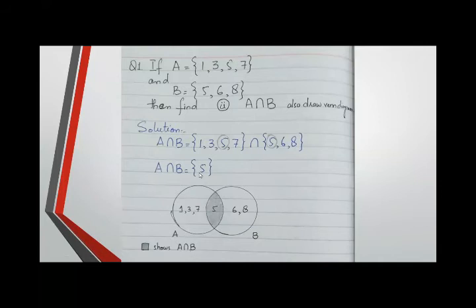Because your answer is only 5, where these sets are overlapping each other, only shade this part. We draw the complete diagram, but when we show the intersection between A and B, we only shade the central part. I hope that students you will understand.